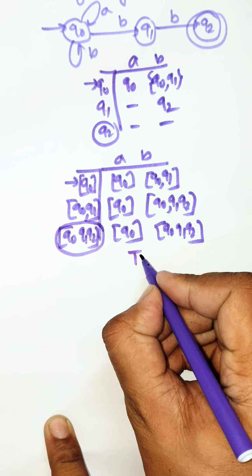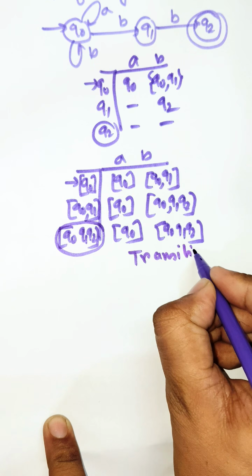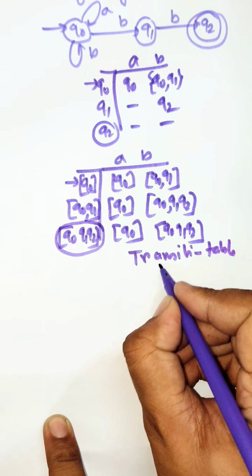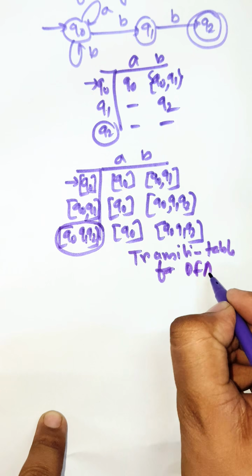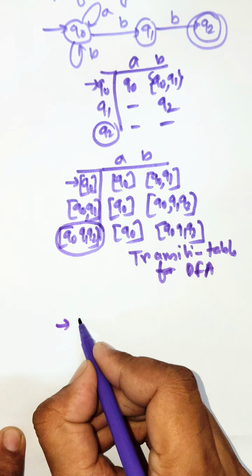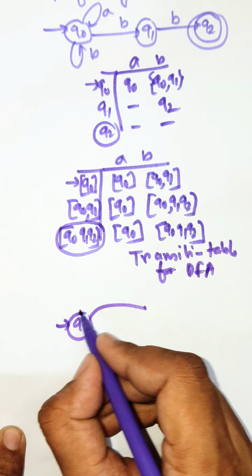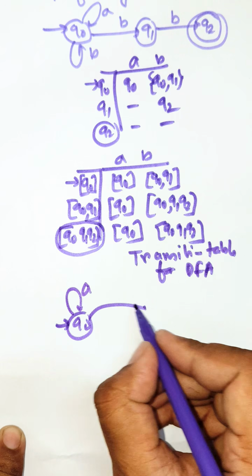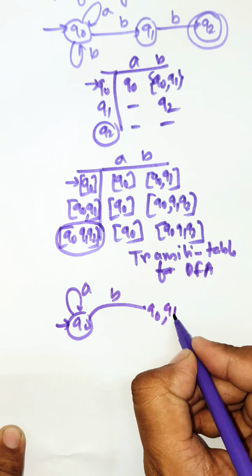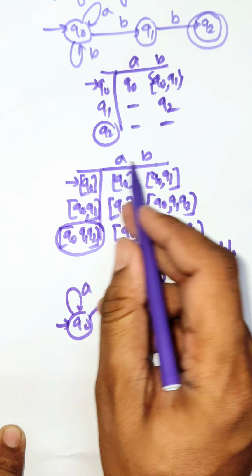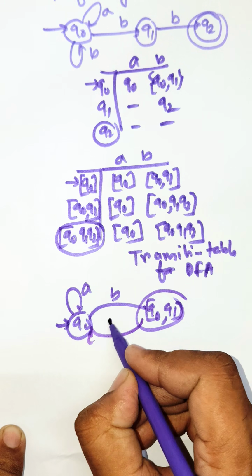So this is the transition table for DFA. Now we need to draw the diagram. Q0 is the initial state. Here A is Q0 and B is Q0, Q1. This is a single state. From Q0, A is Q0 and B is